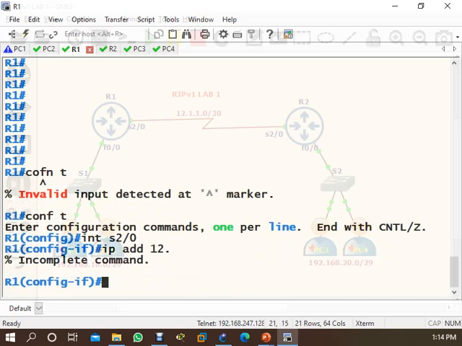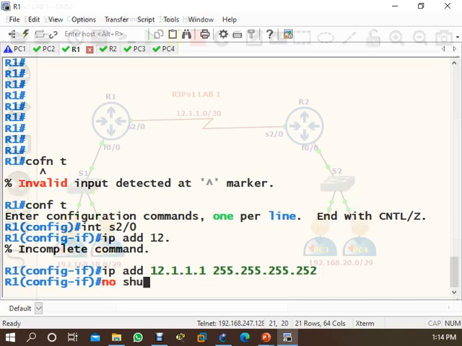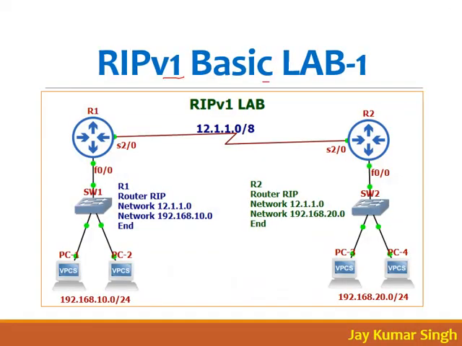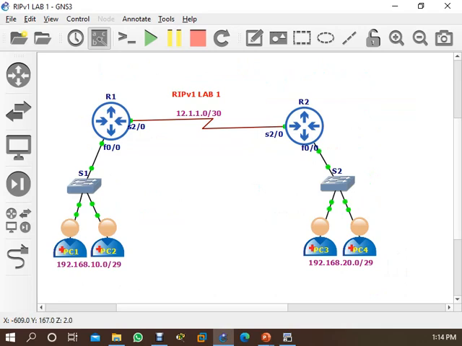I already told you that RIP version 1 supports classful IP, not classless, but I am using classless to show you that. I am using classless, but when it updates its neighbor, it updates as a classful IP. If you want, you can use classless also. Like see this lab, RIP version 1 basic lab 1 with classful IP. Are you understanding? But in my lab, I'm using classless IP to show you how it works.